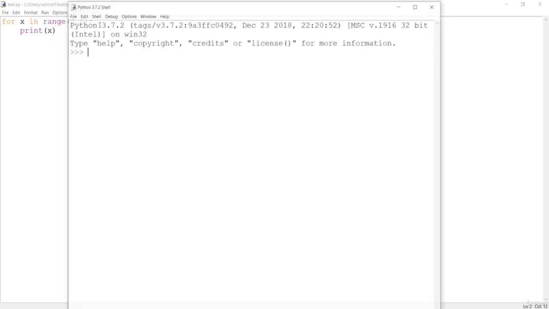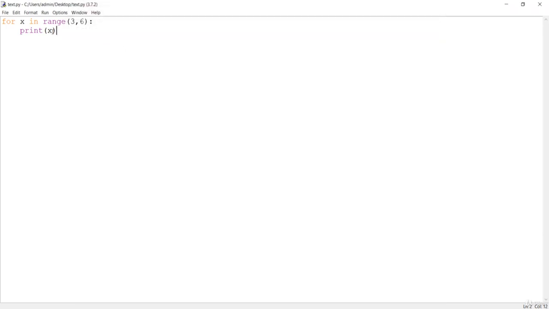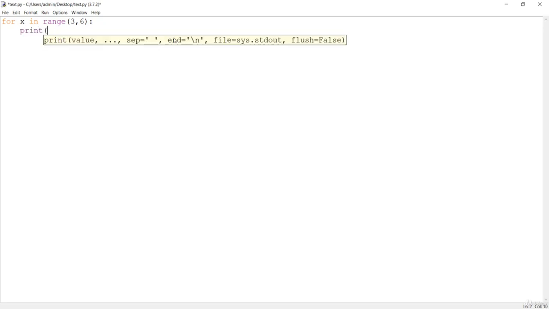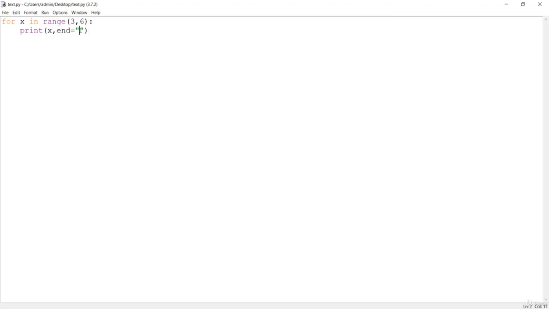Let's save this. Press F5. You are going to get 3, 4, 5. This is the way. Let me show you here real quick. If I say print and do this, you are getting this end attribute over here and the sep attribute over here. So if I say x and comma end attribute to be only this but not a newline, then if I save this and print, you are going to get 3, 4, 5, because this end is the attribute that is going to give us